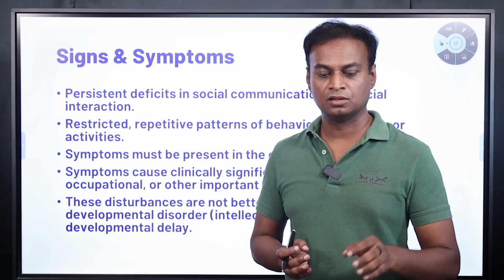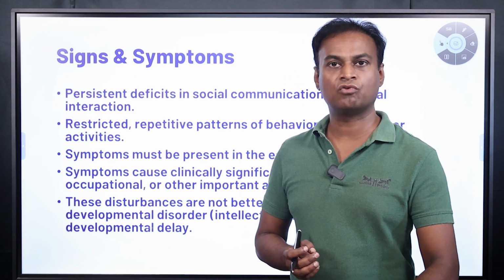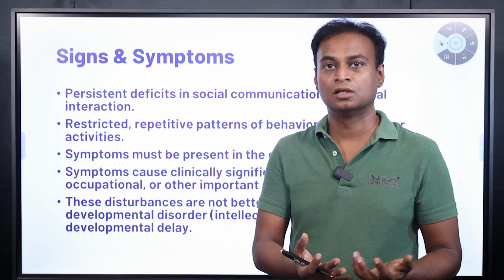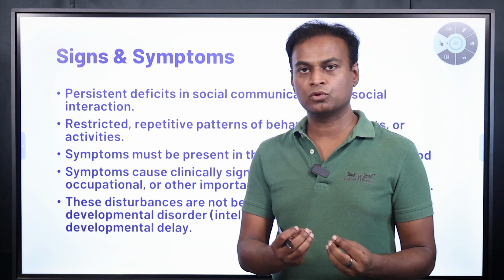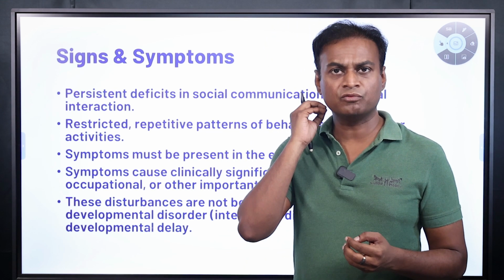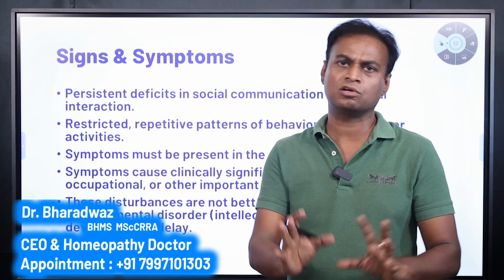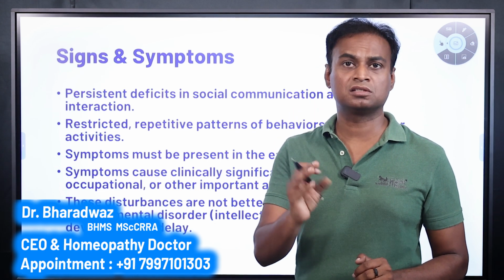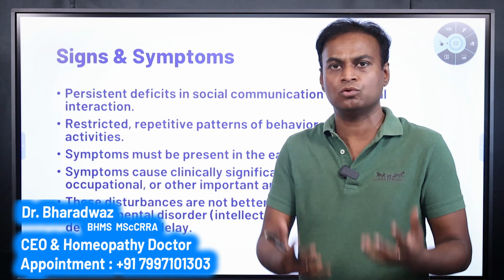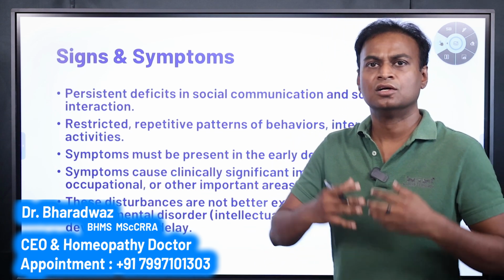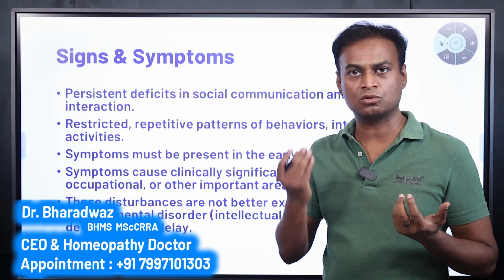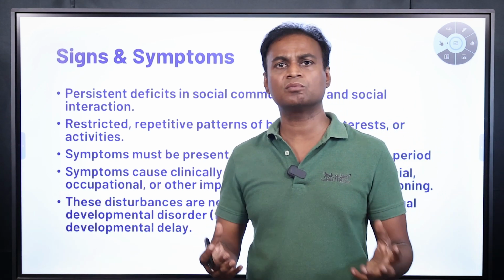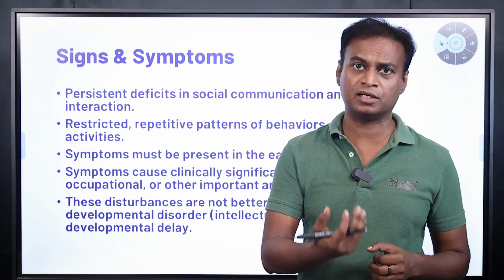For example, I have seen one kid who, if the temperature is warm and he touches it, cries because he feels that it is more heat. And one more kid I have seen: if you talk normally nothing will happen, but if someone whispers into his ear, he goes bonkers. We don't know what is happening in their sensory area. Maybe he is hearing loud sounds when someone speaks into his ear. So they all have abnormal sensations which cannot be explained by other people.